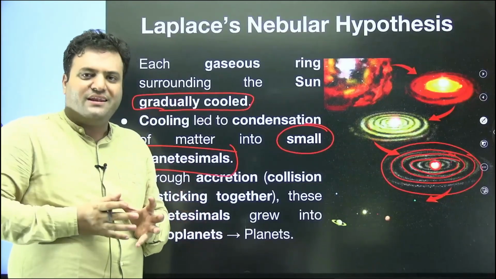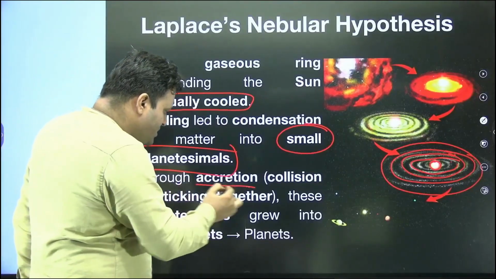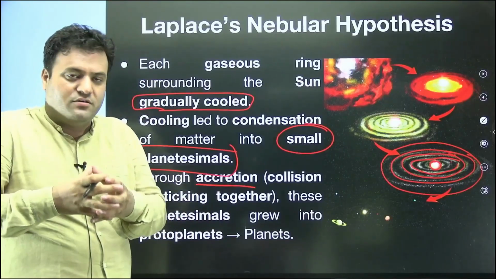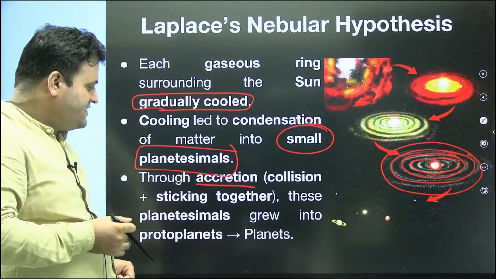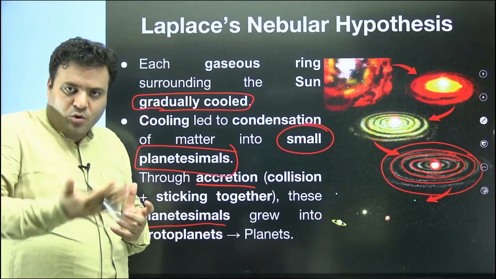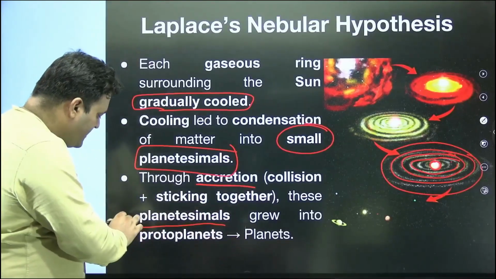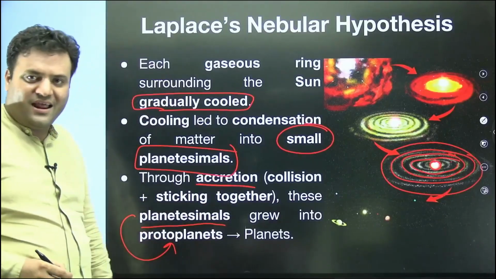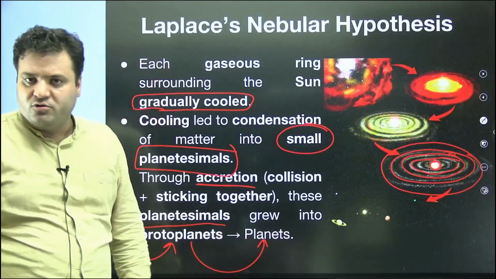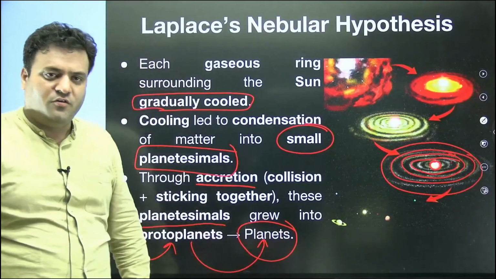Now among these planetesimals there was further accretion, and as a result of further accretion, what happened? Collision, and these planetesimals were bind towards each other. As a result of this, these planetesimals kept on growing, and they ultimately transformed into protoplanets, and protoplanets kept on growing, and that led to the formation of planets. This is how the planets were actually being formed as per the